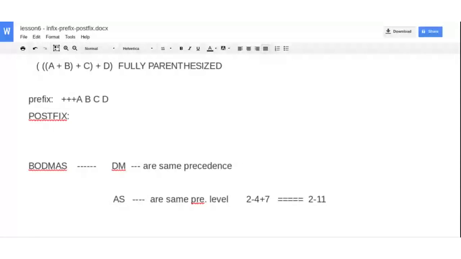Now, for multiplication, no problem. It does not matter where you start. These ones are at the same precedence level. Of course, BODMAS seems to suggest to us that you must start with division, but it's not really necessary. Division and multiplication are the same precedence level, and the good thing with them is that they are not affected by having minuses, because you have a negative 7